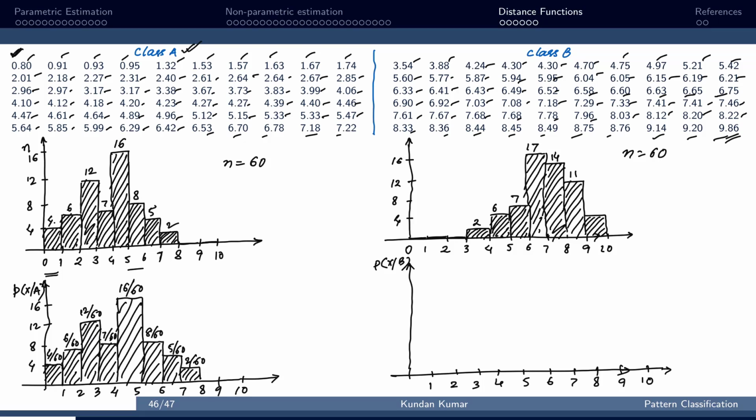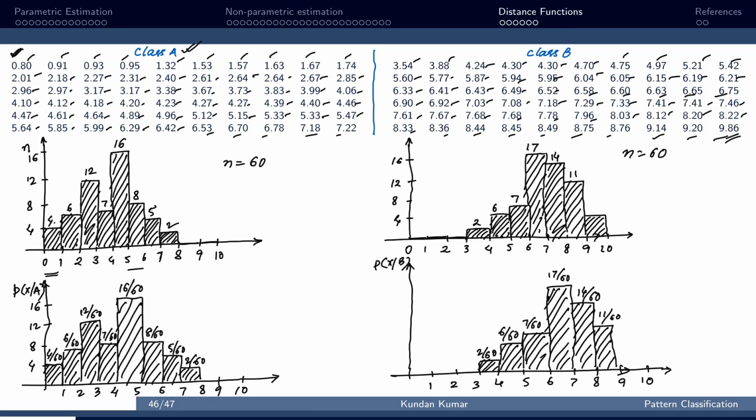Okay, so here this will be 2 by 60, then 6 by 60, then 7 by 60, then 17 by 60, then 14 by 60, then 11 by 60, then this is 3, so it will be 3 by 60. Okay,